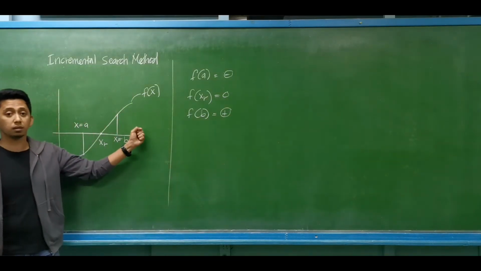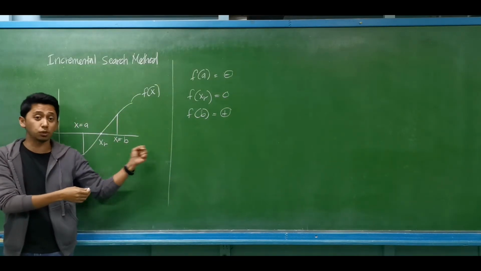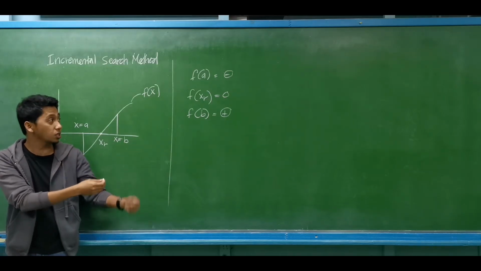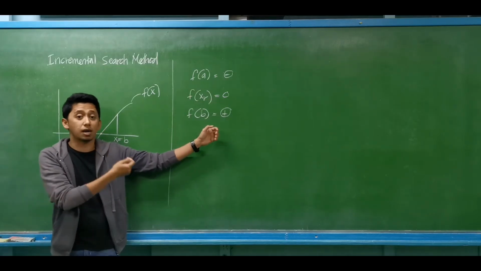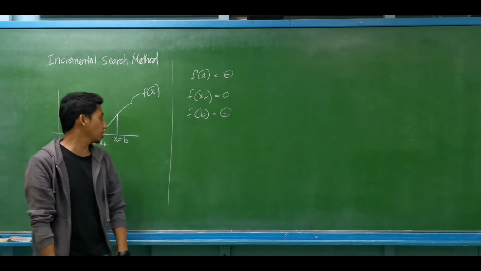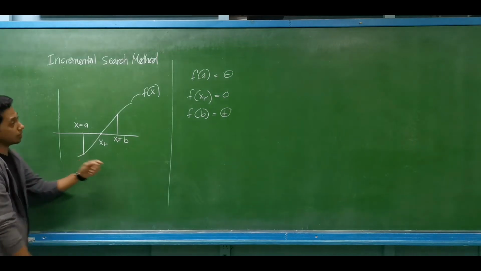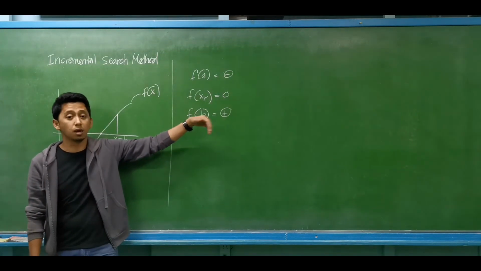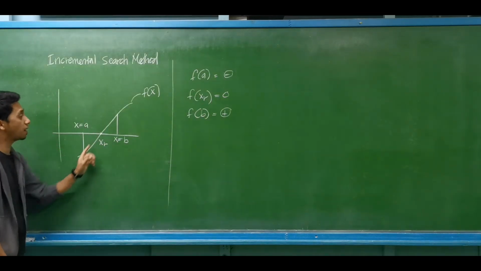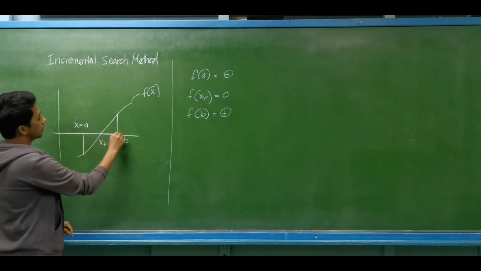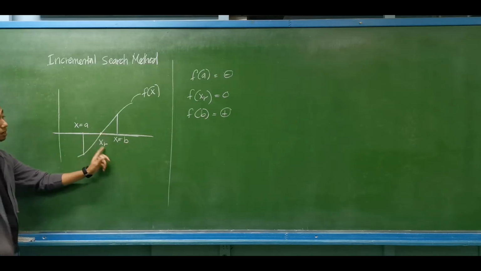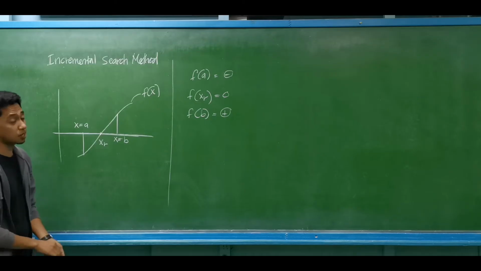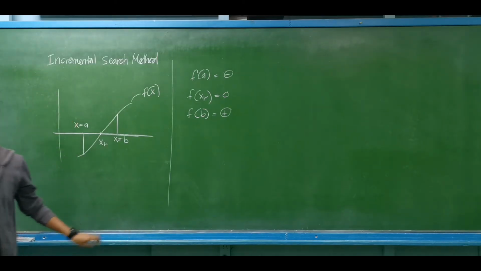With this method, all we have to do is input values from a chosen range, then observe if there is a change in sign. For this example, negative then positive, or vice versa, from positive to negative, which means the function crosses the horizontal axis, where we have the root of the given function. So let's have an example.